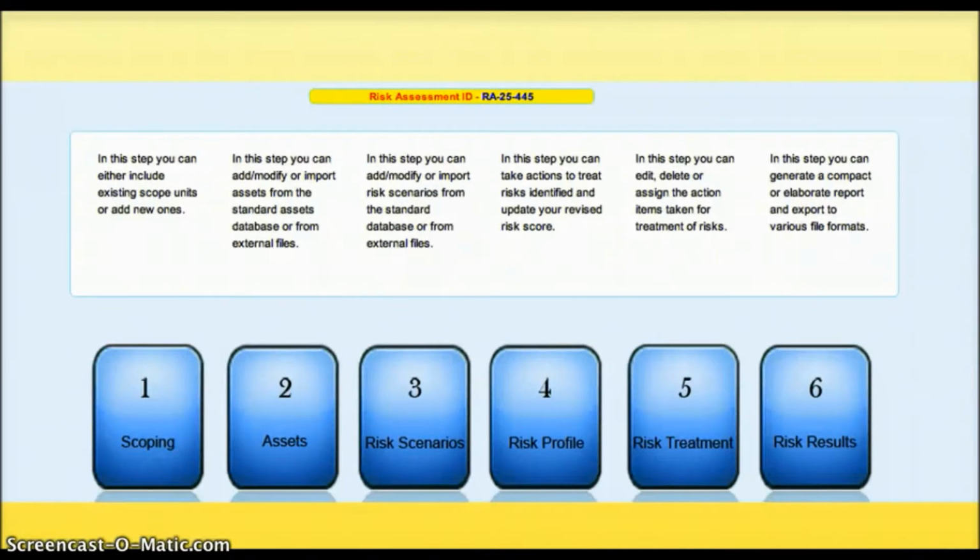Smart RA's simple 6-step approach helps organizations save almost 90% of the risk assessment effort spent using spreadsheets. Its easy-to-use interface, with some of the features of spreadsheets, helps complete the entire risk assessment in a fraction of the time that you would otherwise spend.